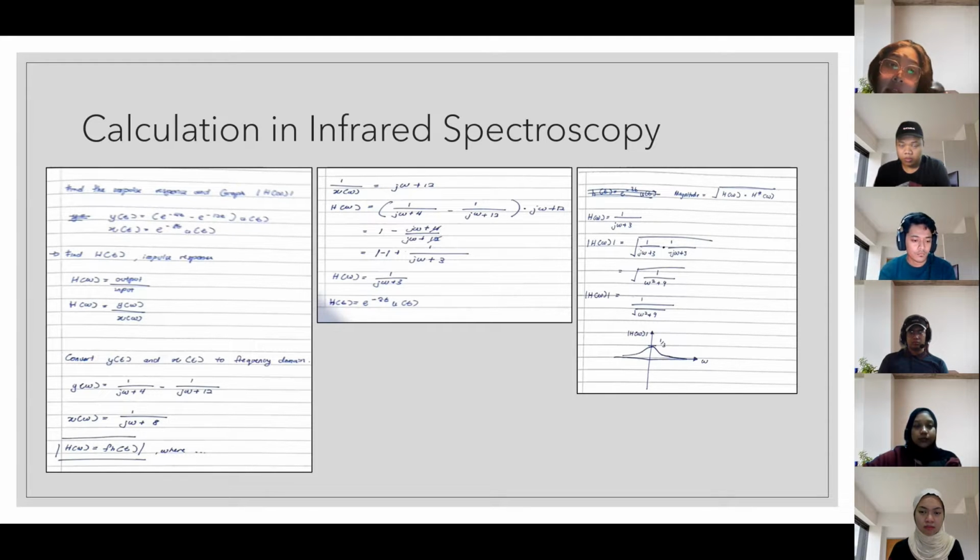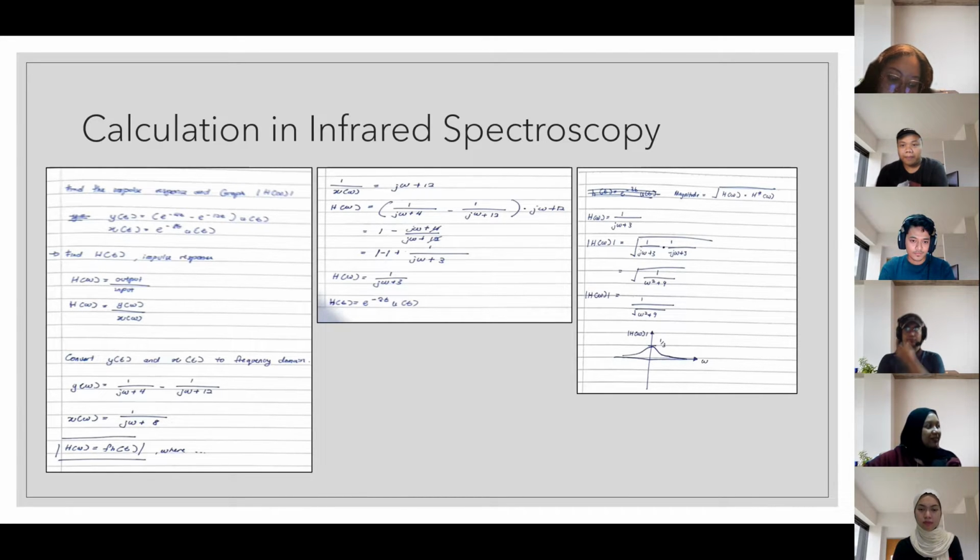Here we need to find the impulse response, H(omega), which is equal to output over input, where we can clarify that Y(omega) over X(omega) is output over input. First we have to convert the time domain to the frequency domain as shown. So Y(omega) is equal to 1 over j omega plus 4 minus 1 over j omega plus 12, whereas X(omega) is equal to 1 over j